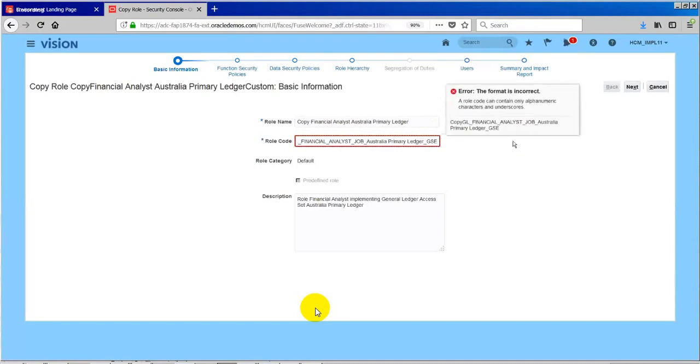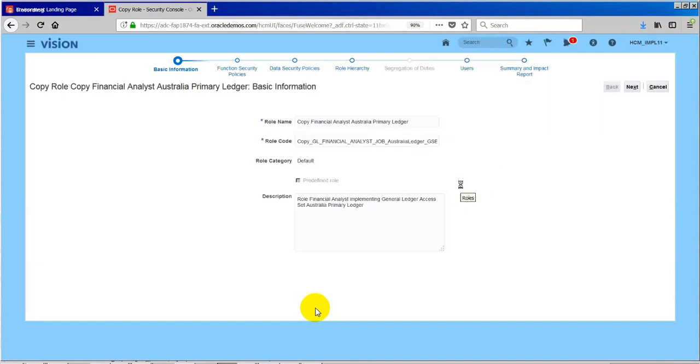It's bigger, so a role cannot contain... what's happening? Maybe spaces. Maybe spaces, yeah. Okay, so it has spaces, so I remove the spaces.